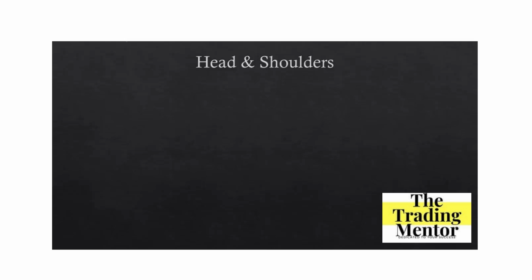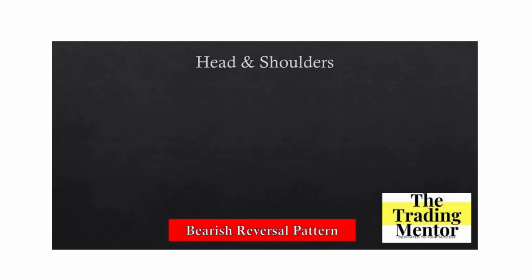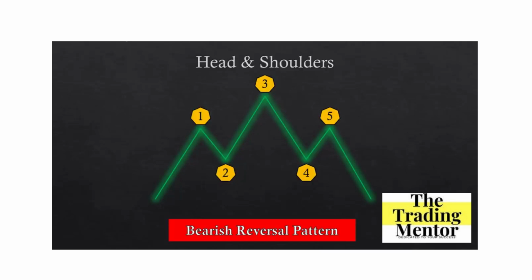The head and shoulders is a bearish reversal pattern, and it looks like this. Notice that price will be going up, and after the pattern, it will go down. There are a few important elements in a head and shoulders pattern. We have the shoulders, which are highlighted by numbers 1 and 5. The head, which is highlighted by number 3, and the neckline, which is highlighted by the line connecting numbers 2